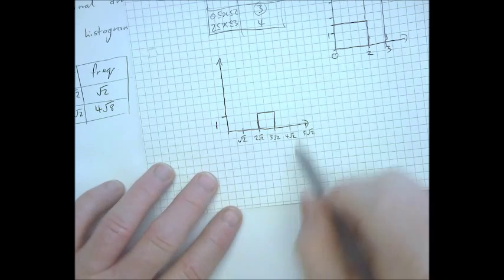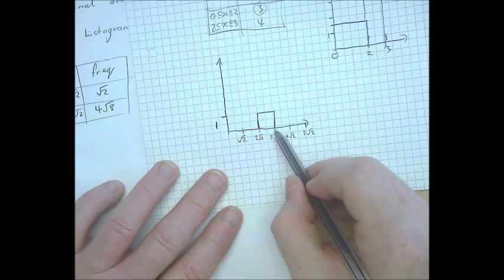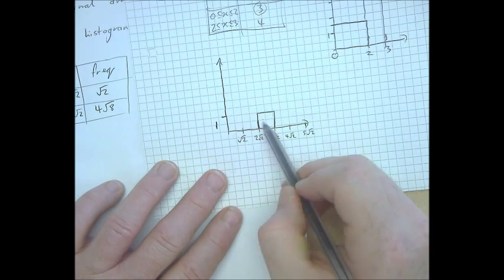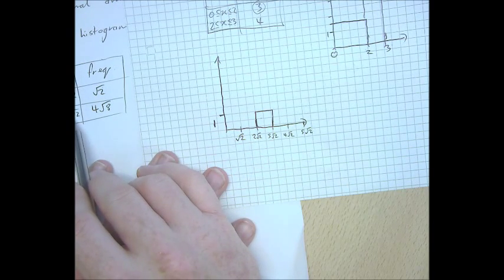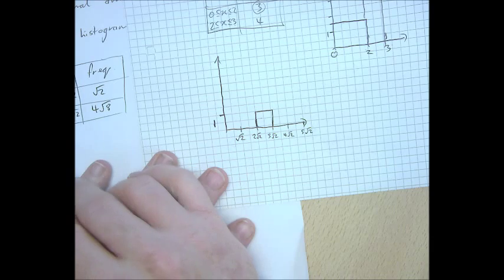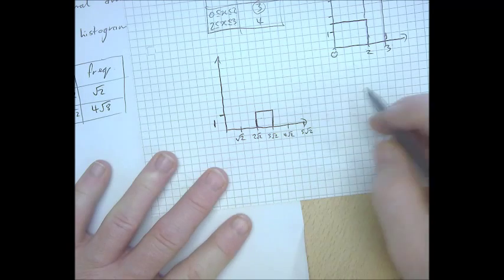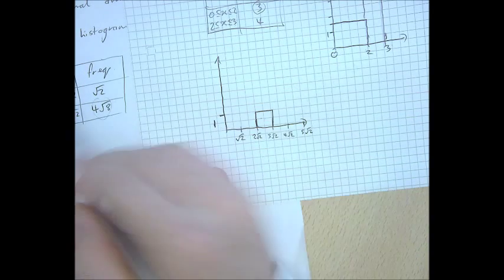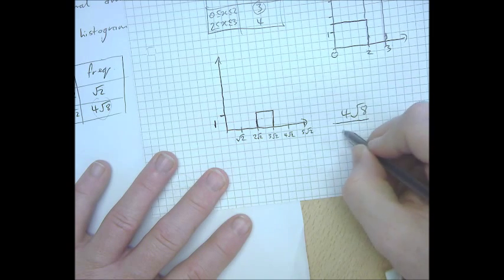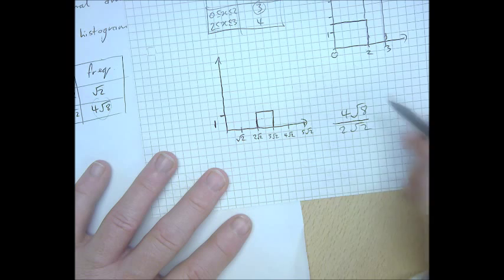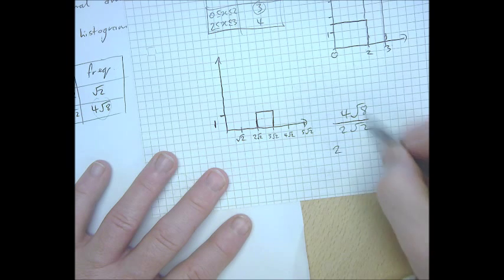Let's just check. What's the area of this? That width is root 2. Root 2 times 1 is root 2, so that's sweet. Now, that is a width of 2 root 2. So I go that divided by that. So 4 root 8 divided by 2 root 2. Non-rooty divided by non-rooty is 2. Rooty divided by rooty is rooty. So that's 2 times 2, so it's